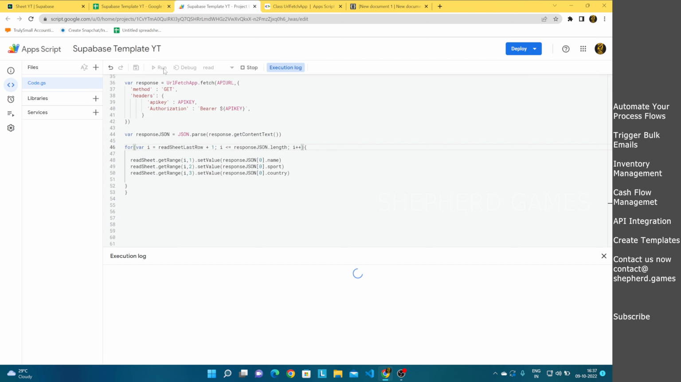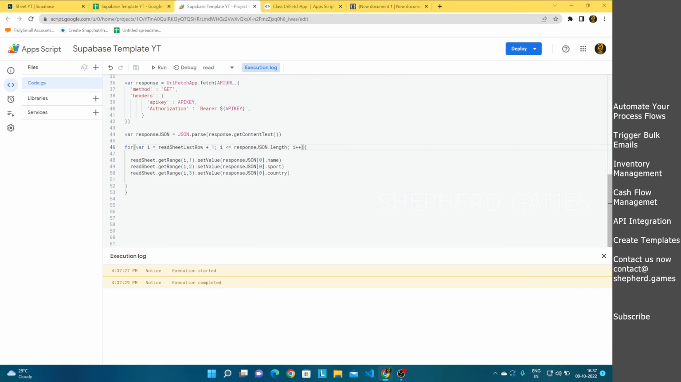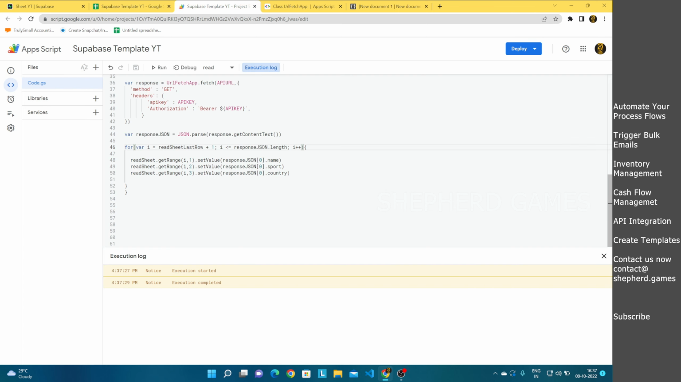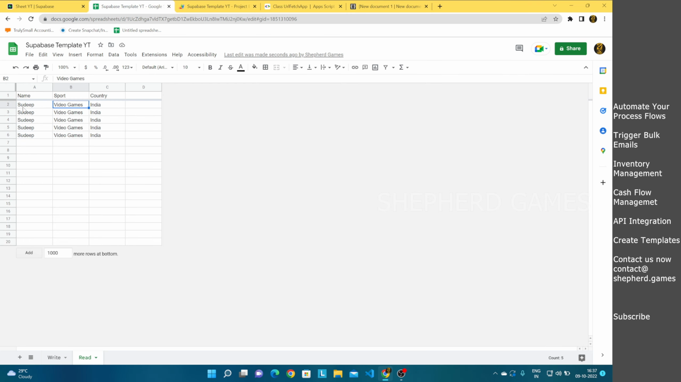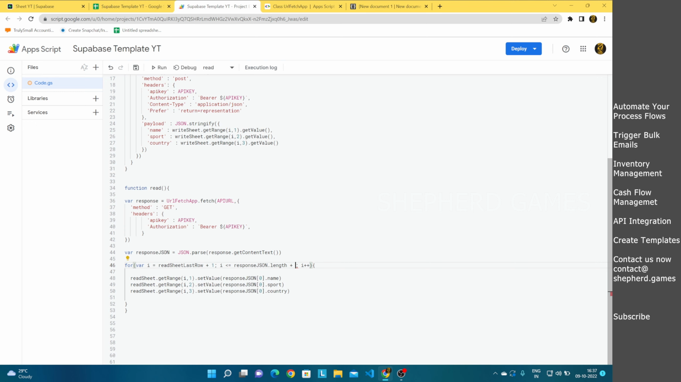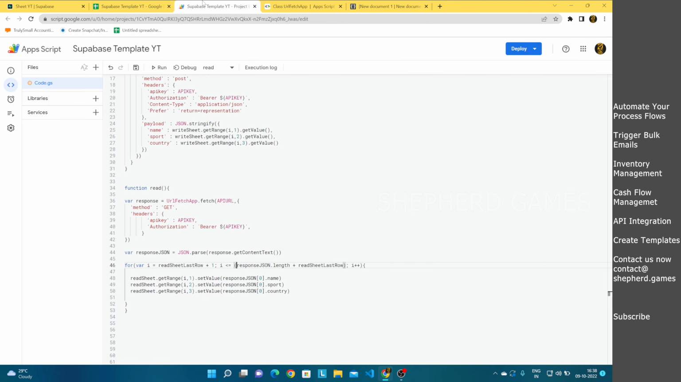If I run it again, data will not be pasted at the bottom. The reason is now the last row is 7. Last row plus 1 is 7, and the length of the JSON is 5, right? So which does not satisfy this condition. So what we have to do is plus last row. Just add plus last row, which is 6 plus 5, which is 11. Now if I run it,